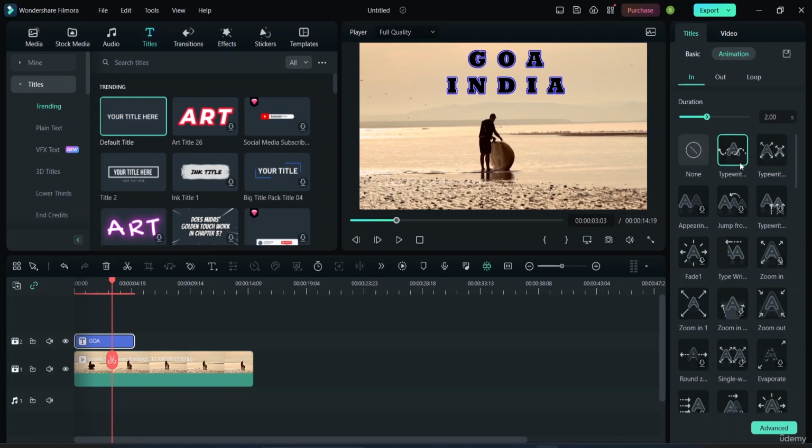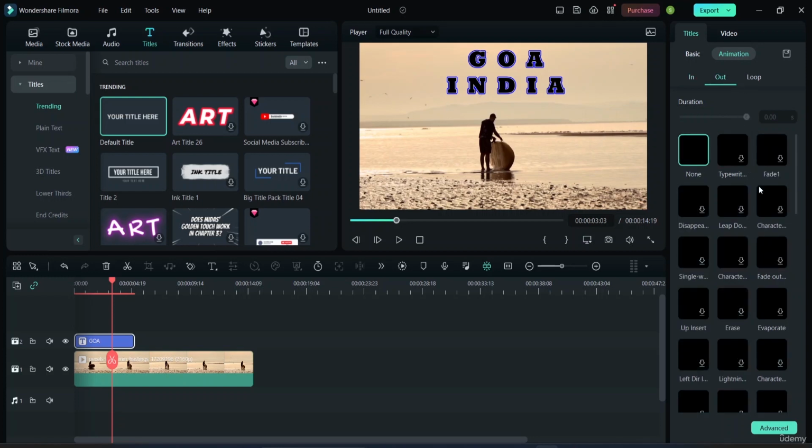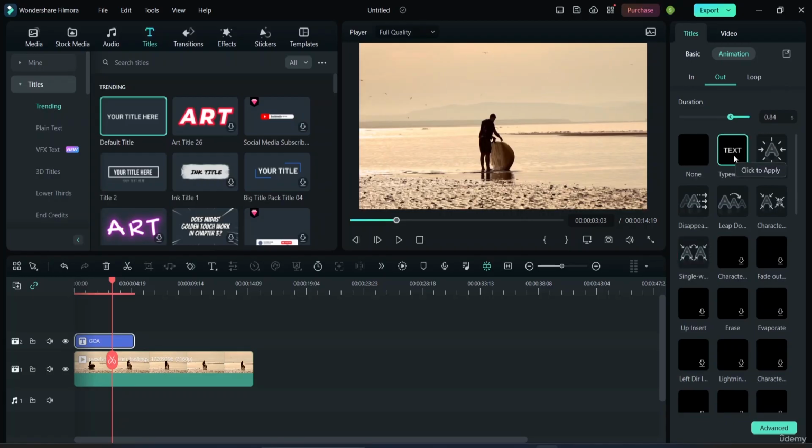Okay, and I have selected the in one, and let me select how it will go out of my screen here. Okay, let me select some of these first. Let me download. So from here, I have already downloaded this. Let me see the preview of how it will disappear from my screen, and let's see